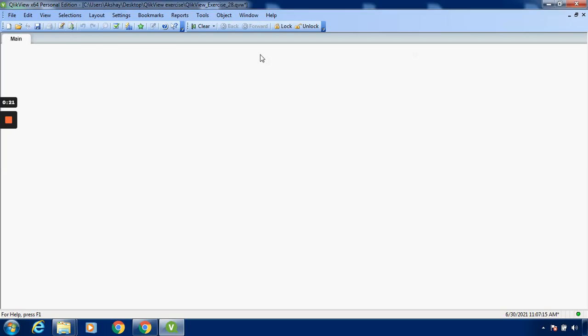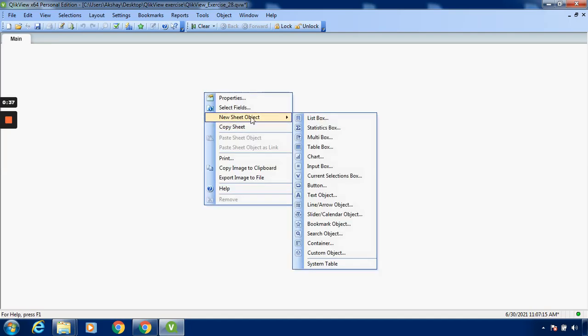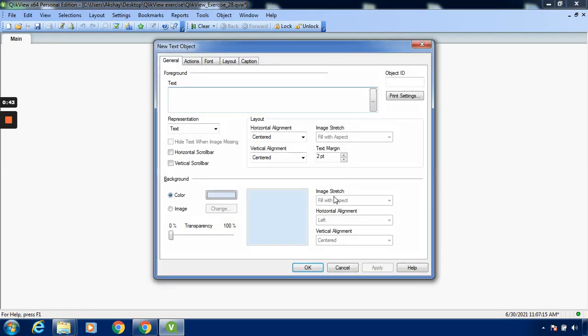So if you want to give a name to this particular sheet or this particular QlikView document, and we have to represent a table or a chart, we can give a heading with the help of a text object. In this QlikView document, you have to right click, go to new sheet object, go to this particular text object. You can type over here